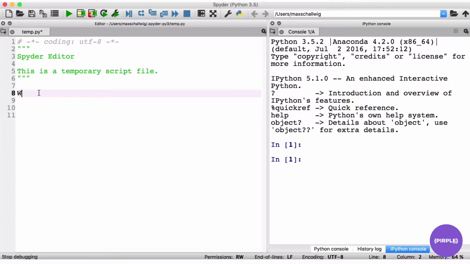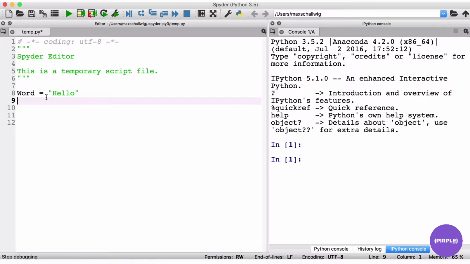variable called word, and we're going to assign it the value hello. And so we've just created the string hello, and we stored it in the variable word. And so what we're going to do is loop over this string here. So we're going to loop through the variable word, and the first thing that we're going to do is print out the individual letters, just to get a feel of what exactly the for